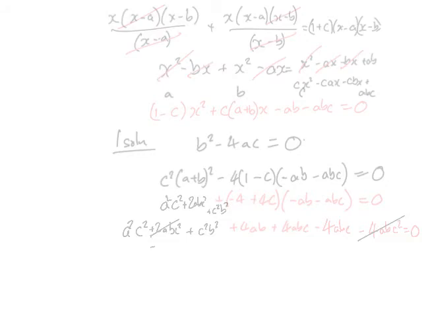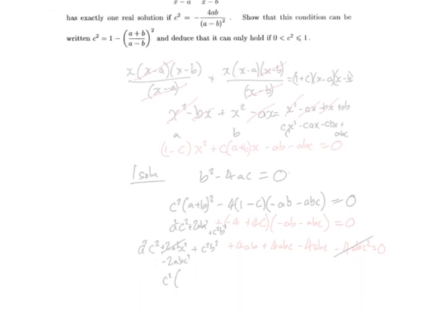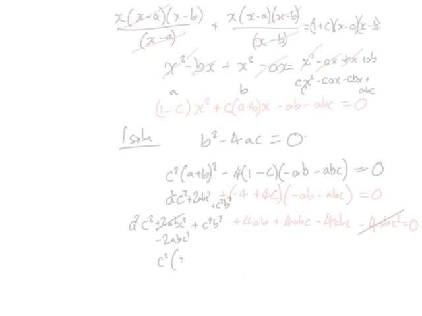What we start to see is this negative term over here and this positive term over here, they're like terms, and they give you minus abc squared. Now that's just a change of sign, which means we can factorise that. There's a factor of c squared that comes out, and then you should be able to recognise a minus b